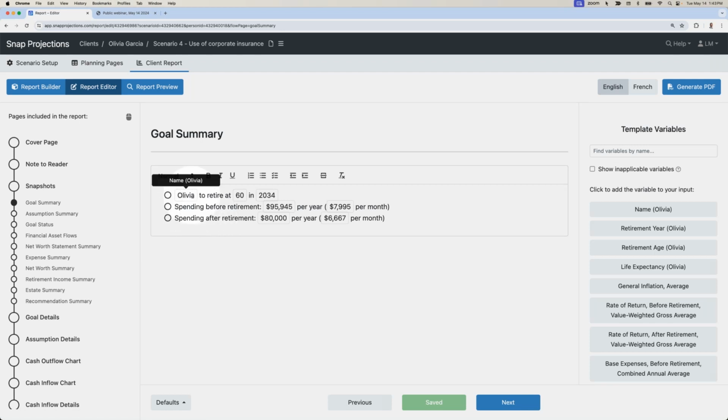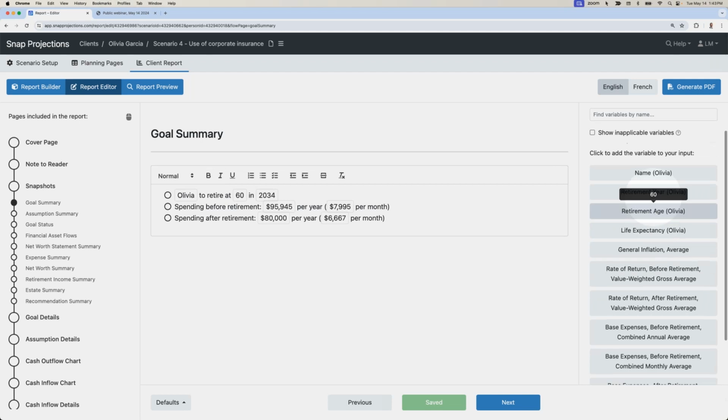So this name field is a dynamic variable that you can input into this page so that every new projection that you create, that variable is populated for that specific client. You can also add static text so that any new scenario that you create is reflected there, or you can add static text that would just reflect for this specific client scenario. So it's completely customizable and you can save your templates for future plans so that you can quickly generate your